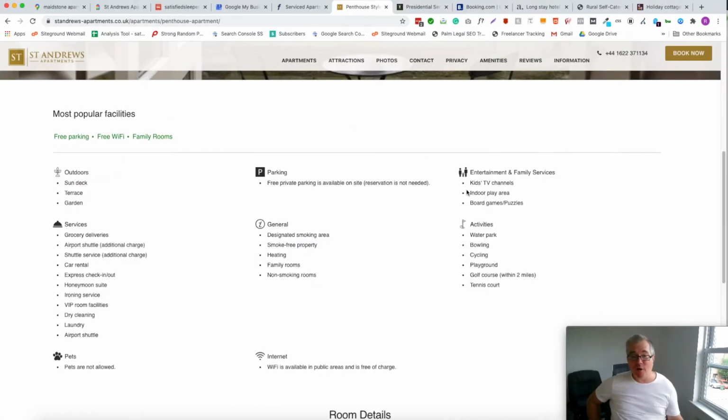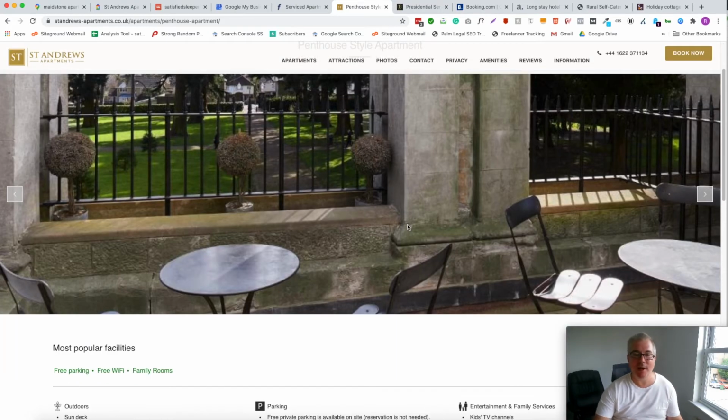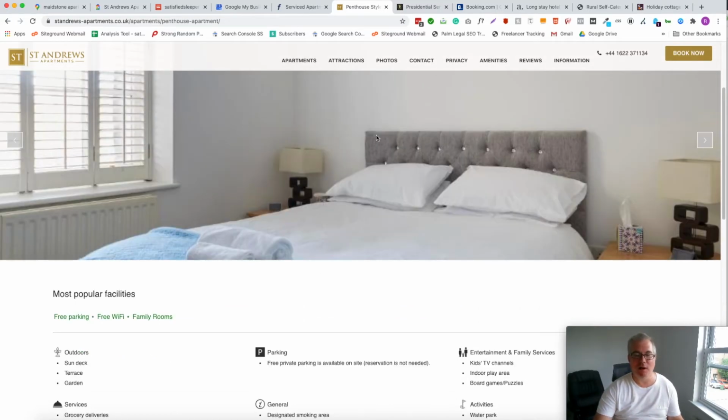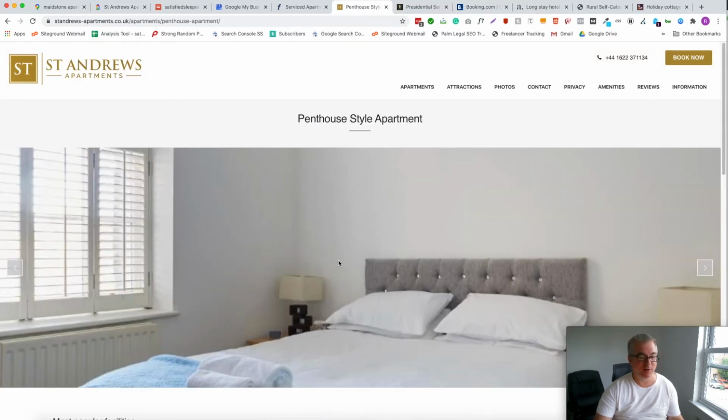It's also worth adding that links don't have to be to different pages. You can link to the same or a different section on the same page by what are called jump links, the technical term. But anyway, it means you could, for example, click a button and it will take you all the way down to here, for example. The second thing